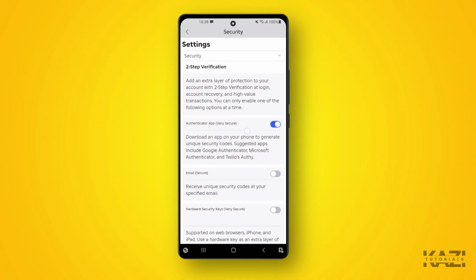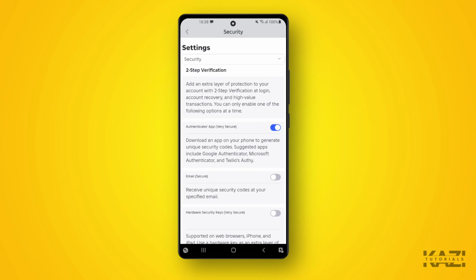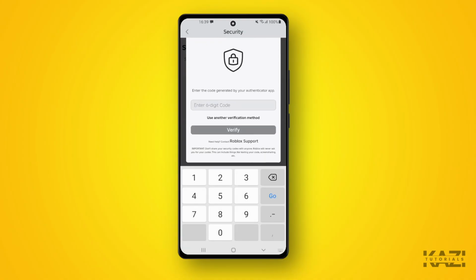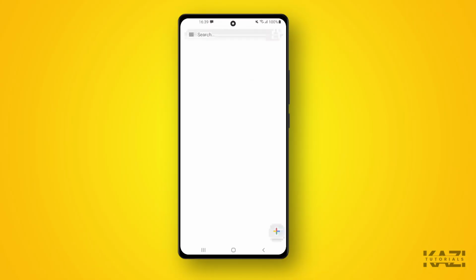Then from here, as you can see, the authenticator app is turned on. So to turn this off, simply tap on this and simply tap on confirm. It will take some time, and now it is asking me to get my 6-digit code. So I will go back to the authenticator app, and now here is the thing. So I will need to type in